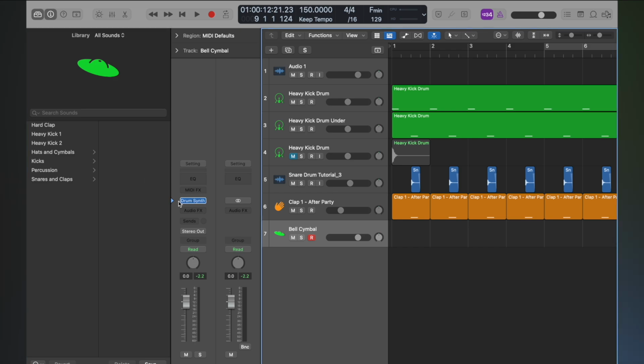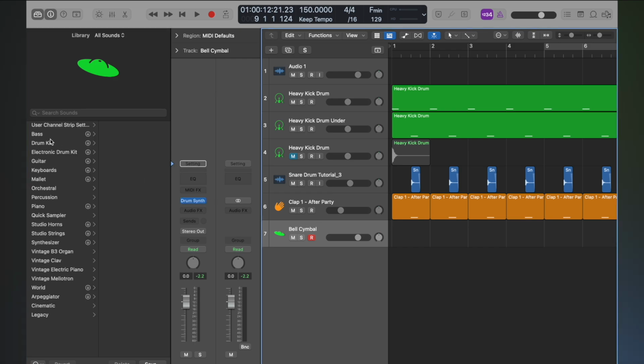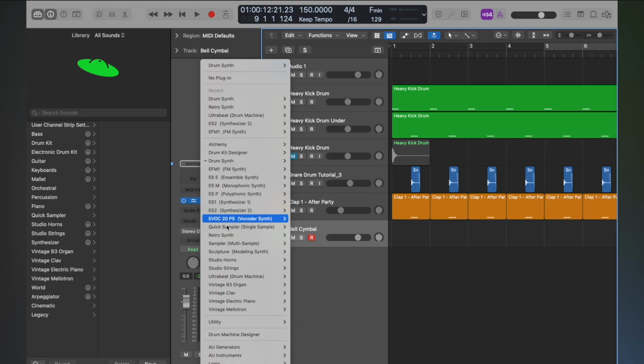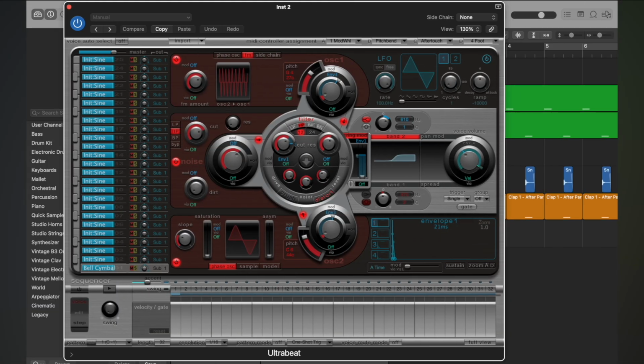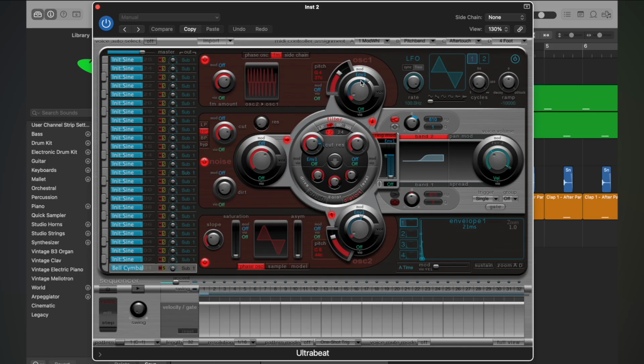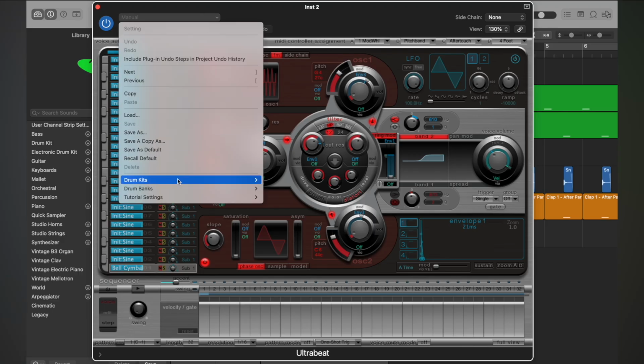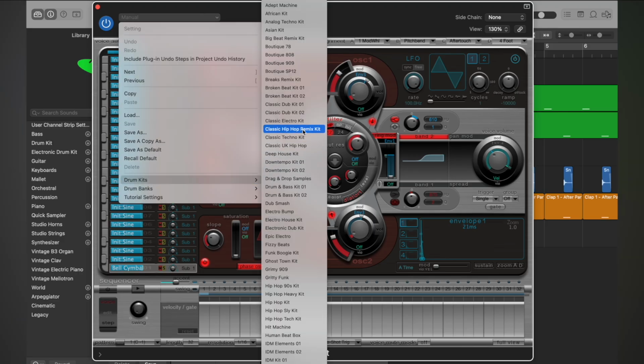Okay, so Ultrabeat is an older plugin, but I still think it's very useful, especially for cymbals. So I'm going to go right here, and if I click right here, Ultrabeat drum machine, I should say, stereo. If I click here, this kind of looks super crazy and fancy, and you can create all sorts of things using Ultrabeat. But what I'm going to do is actually just find a preset, so drum kit, and let's say I'm going to do,